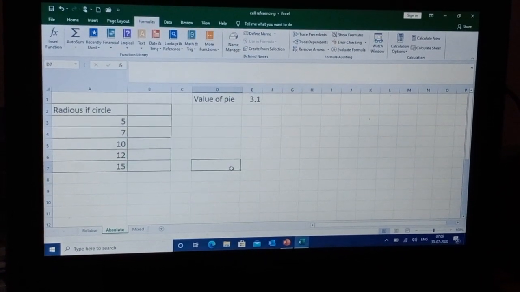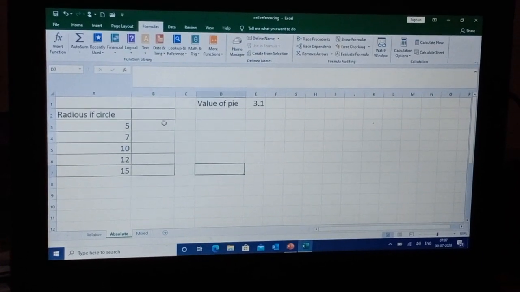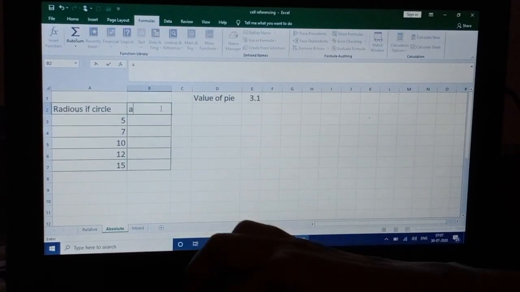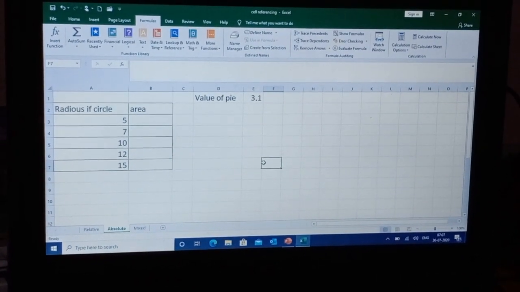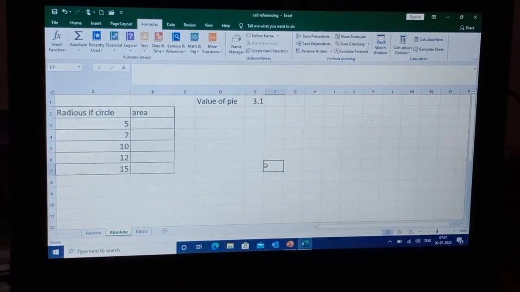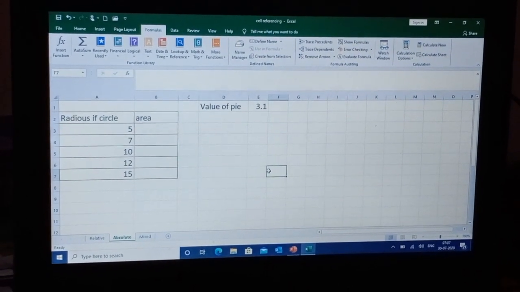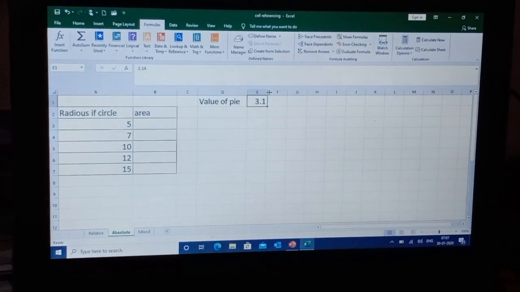Here I have given the example of the radius of a circle, and I want to calculate the area of the circle. All of you know the formula for the area of a circle: pi r squared. I have mentioned here the value of pi, 3.14.